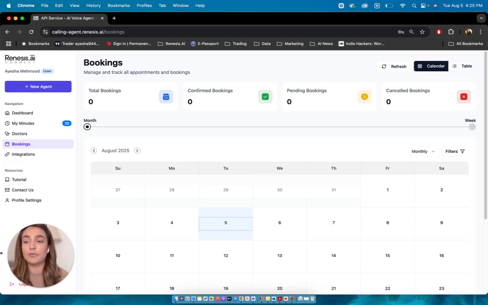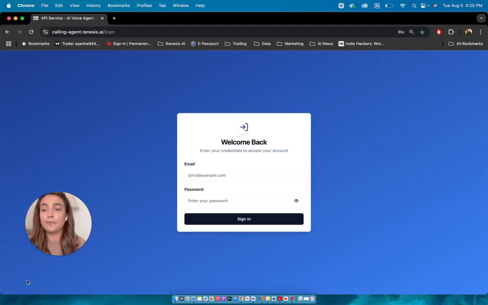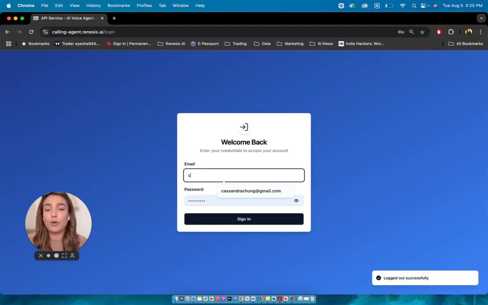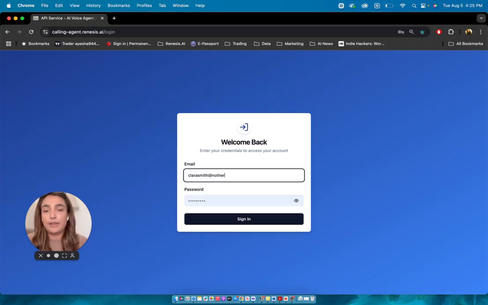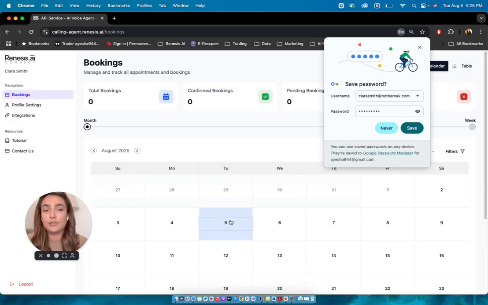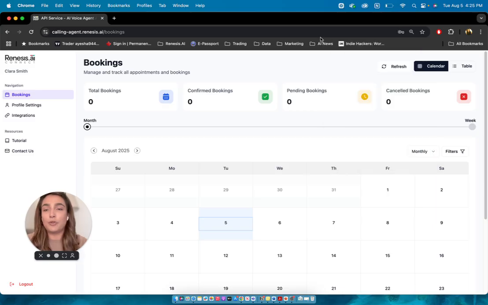But just to remain on topic, if your doctor needs to access the portal and then see the details for themselves, you can log out and then log in with the email address that has been set up for the doctor. So here, if I just put in the email address for the doctor I set up,